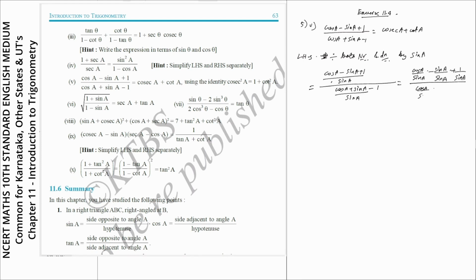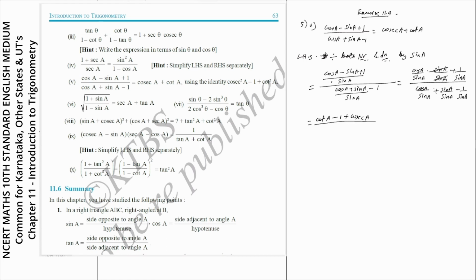Cos a by sin a plus sin a by sin a minus 1 by sin a I will get. So now this is equal to cos a by sin a is cot a, cot a minus sin a by sin a will get cancelled, I will get 1 there, plus 1 by sin a is cosecant a,